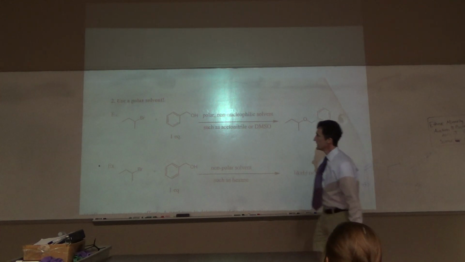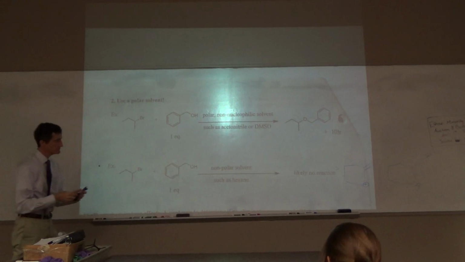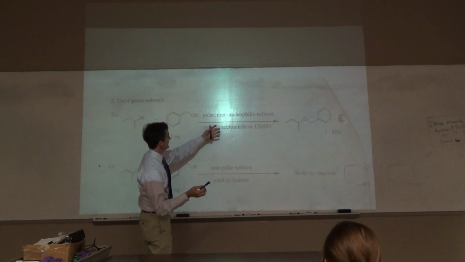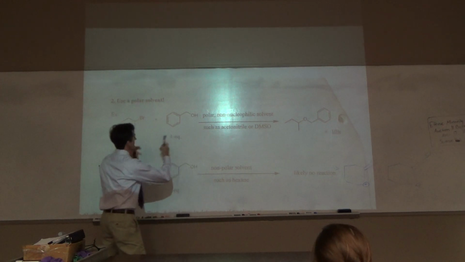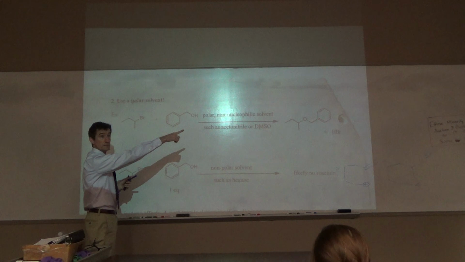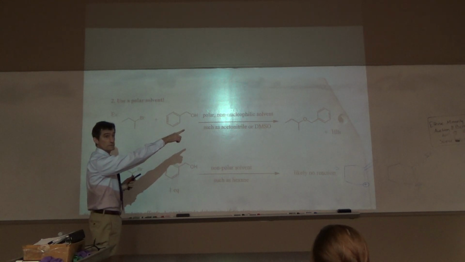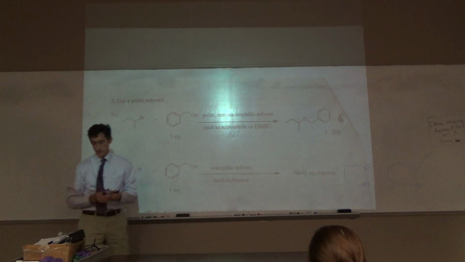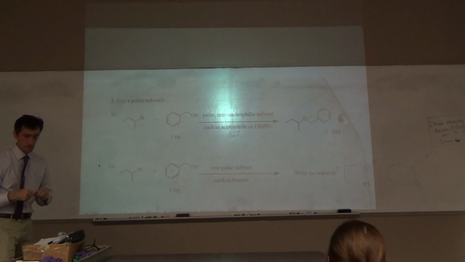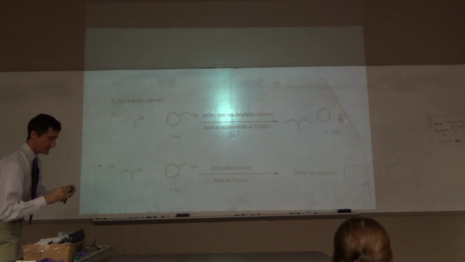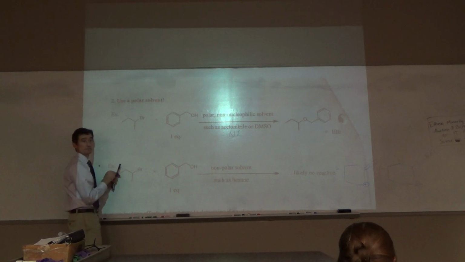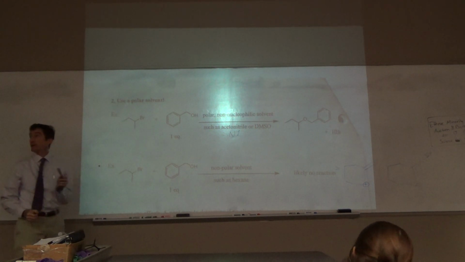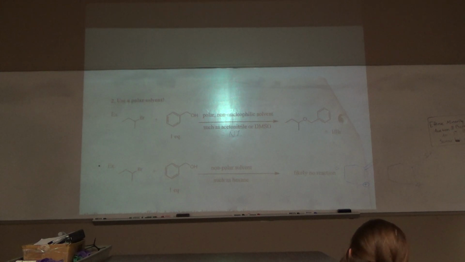Substitution product, right? Mechanism for this top reaction. Just these two, and solvent. Substitution, right? SN1 or SN2? SN1, right? There's no strong nucleophile. That's a neutral alcohol. Weak nucleophile. What's the first step of this mechanism? Leaving group leaving. How can you make it leave faster? How about some silver nitrate? Okay. Another way is to use a polar solvent,